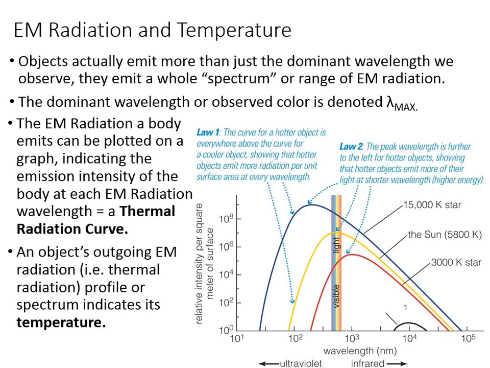The last one up there is an adorable human. On the Kelvin scale, we run about 310 Kelvin. Now if I were to turn out the light and watch to see if anybody in here is glowing, you'd be like, no, don't think so. You're not glowing in visible light, but you are glowing in infrared. So we can make a little fingerprint of you. Notice that this is obviously the coolest object of the 4. It's really squatty with regard to intensity, and it's definitely over on the longer wavelength. So these would be continuous spectra coming from these objects.